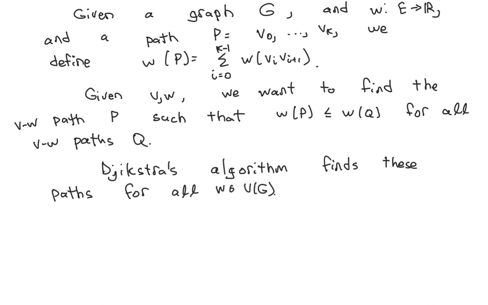Now we discuss Dijkstra's algorithm. We start with a graph G and a weight function on the edges. Given any path P, we define the weight of the path to be the sum of the weights on the edges. So in some real-world applications, the weight on an edge might be the distance of that part of the